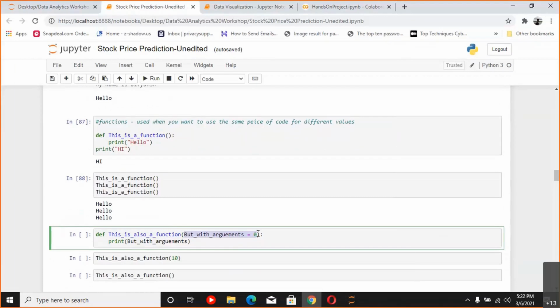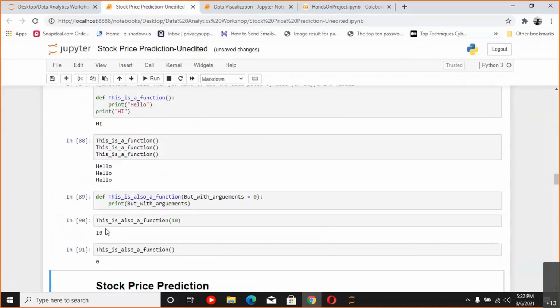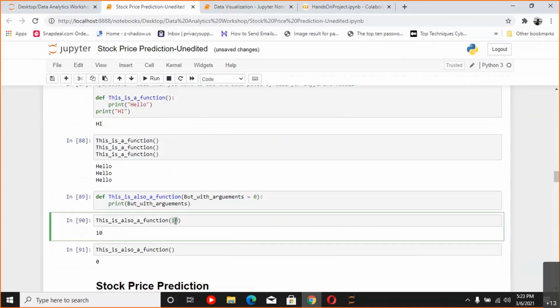Okay, so you can see we can define any argument name and we can assign it a default value. So if you don't assign this default value, it also works, but assigning a default value is a good habit. Why? I will tell you. So you can see whatever is this variable, this is just a variable, and I can even print it inside of this statement. So if I just run these two things, you can see when I passed this 10 inside of this function, what happened here was this 10 went up and was stored in this but_with_argument variable. So when I printed but_with_argument, the 10 that I passed from below was going up and being stored there, and then that was printed.